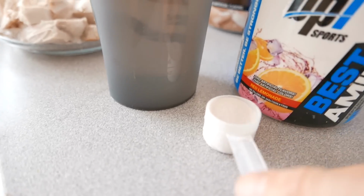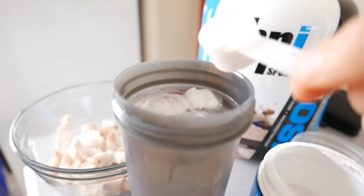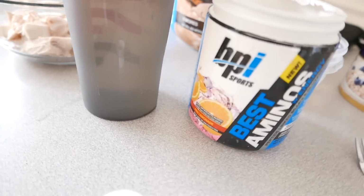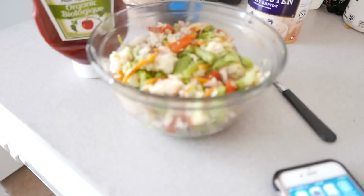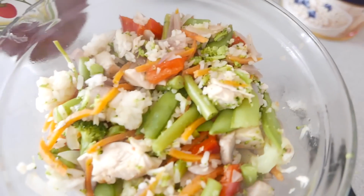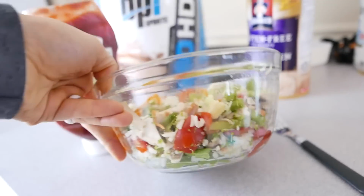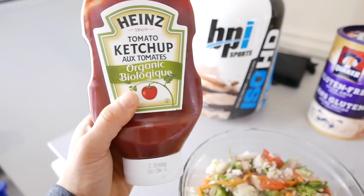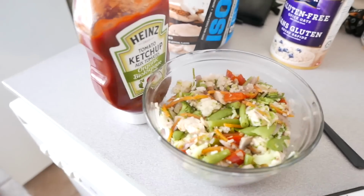And then I usually do my BCAAs again in the afternoon. I guess this was the evening, but I usually do them 2 or 3 times a day just because I love them, and it keeps me hydrated and gets my water content in. So there is the final product of my homemade stir fry. You can see it's green beans, peas, peppers, onions, carrots, chicken, rice, and then I use a little bit of the organic